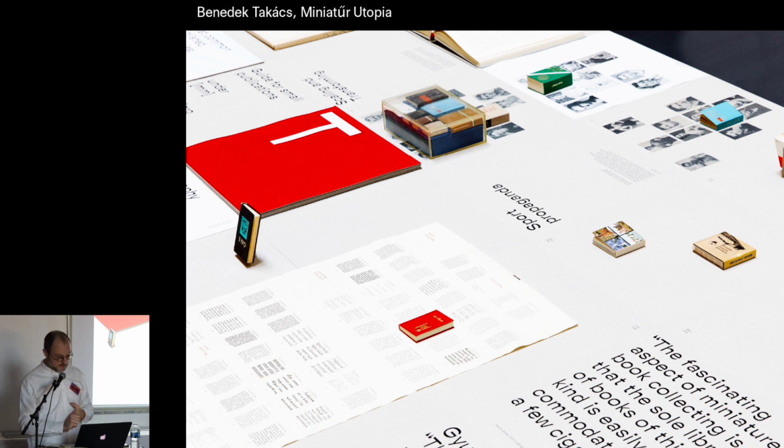He did his thesis on Hungarian miniature books. He started collecting miniature books, which is a very practical collection. You can have a full library in a very tiny box. And he also built a traveling exhibition, which has not yet traveled, but will soon. Apparently, in Hungary in the third quarter of the 20th century,